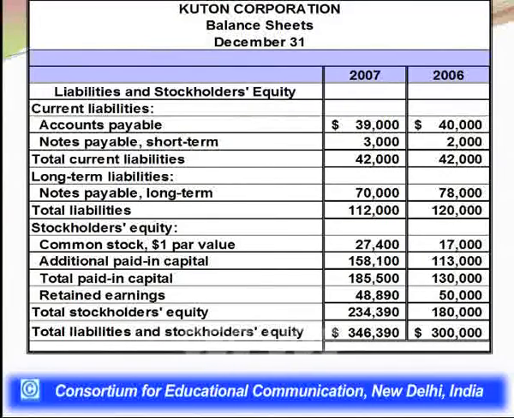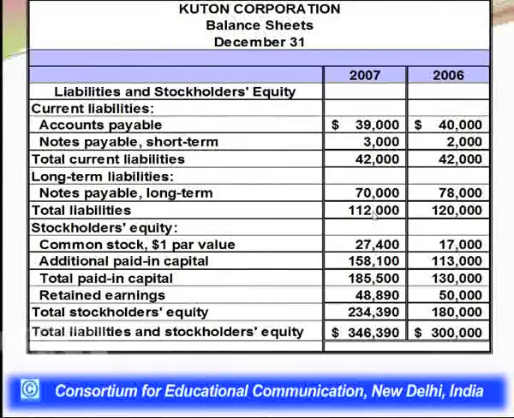So now after this, the last row of this balance sheet liability side is showing the total of liabilities and shareholders equity, which certainly should be equal to the total of asset side, which we discussed in the previous slide. So which is giving you 346,390. So which is basically this value